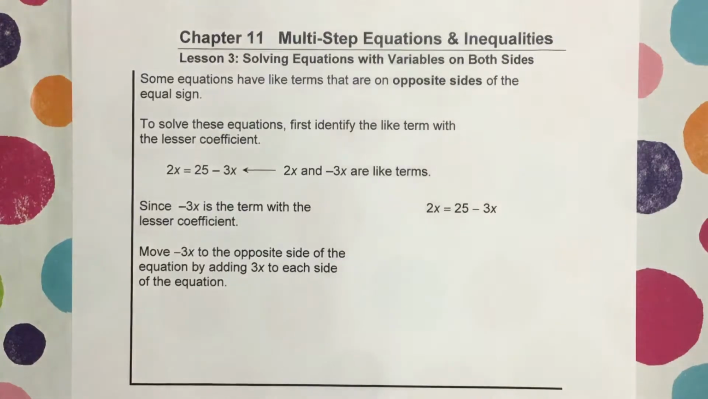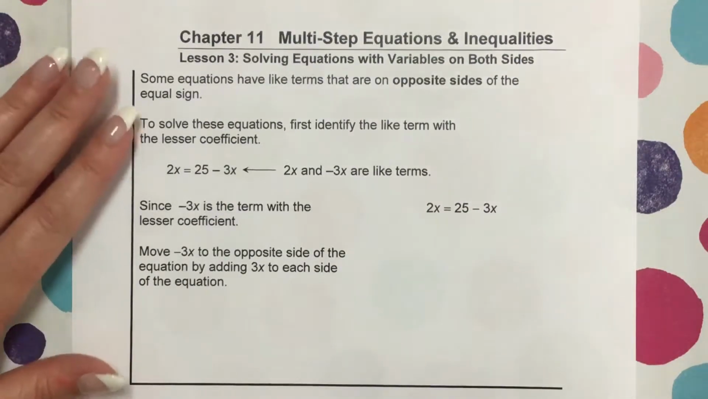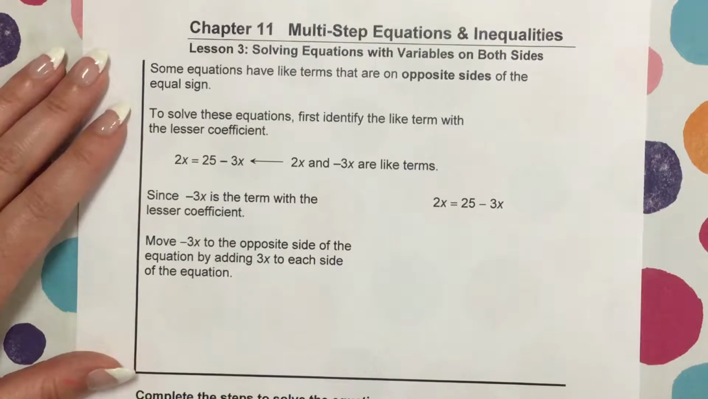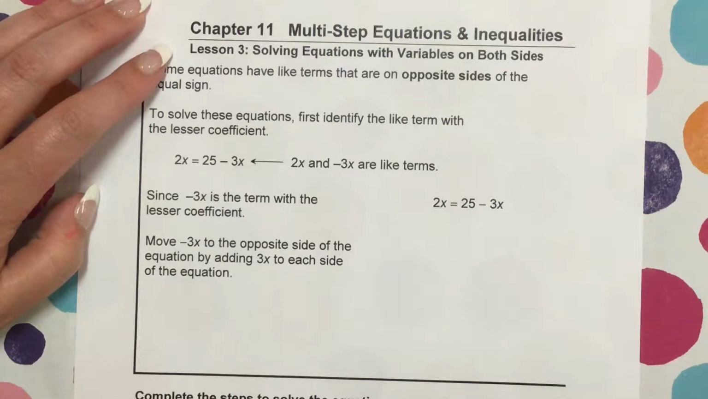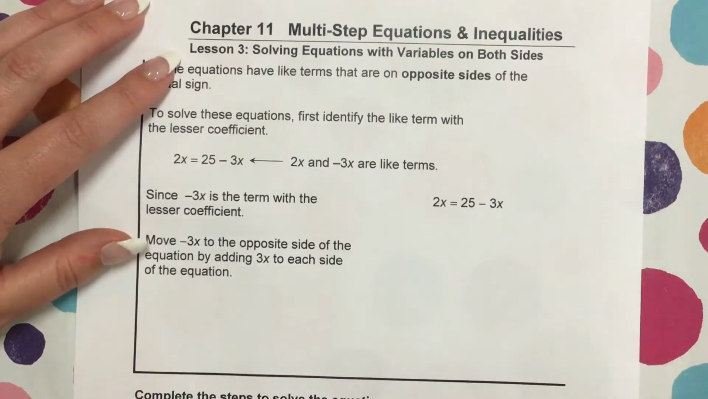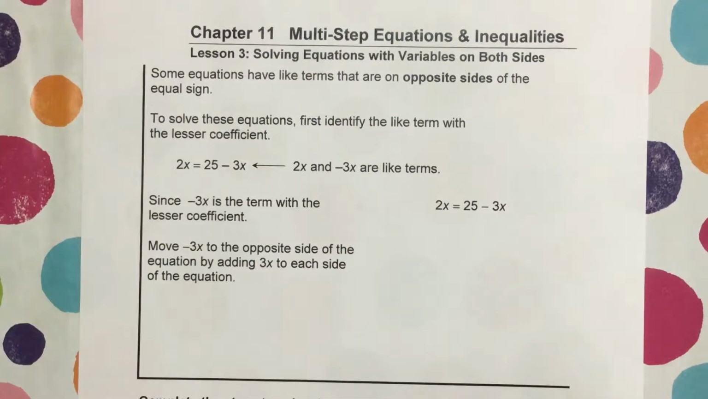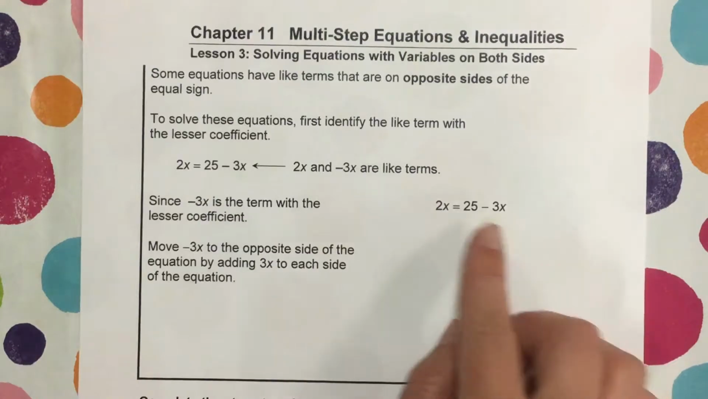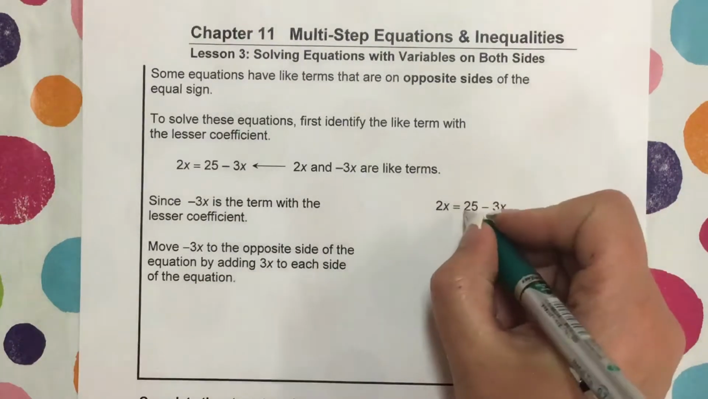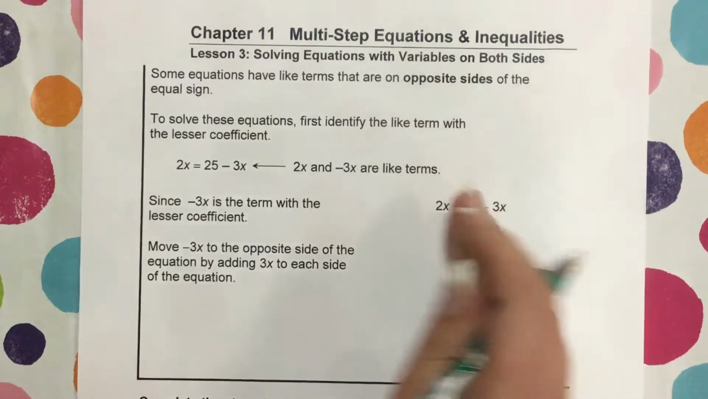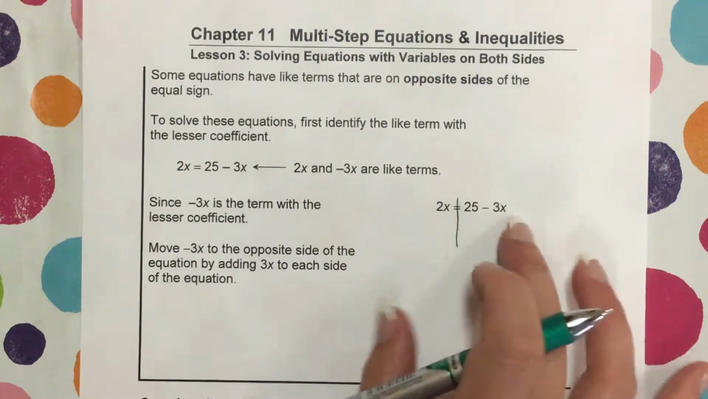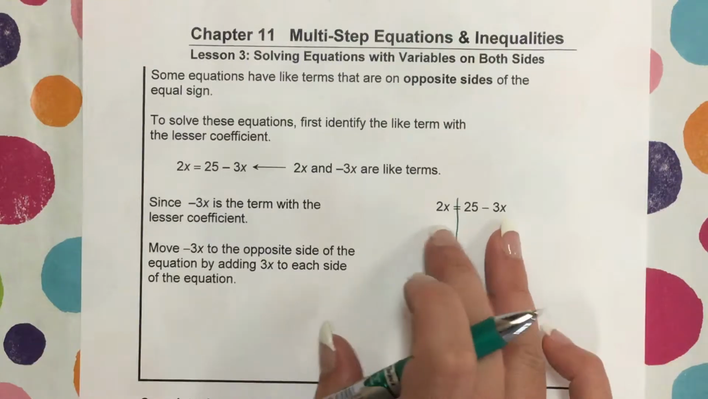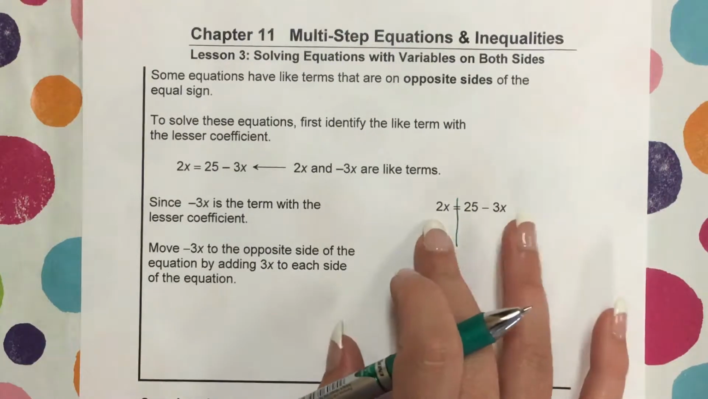All right, welcome back. We are talking about Chapter 11, Multi-Step Equations and Inequalities. And now we're starting Lesson 3, Solving Equations with Variables on Both Sides of the Equation. If you look at this example right here, you'll see that the equal sign splits an equation into two sides, and we have a variable on this side, and we also have a variable on that side. So we're going to look at how we solve equations like this when the variables are on both sides of